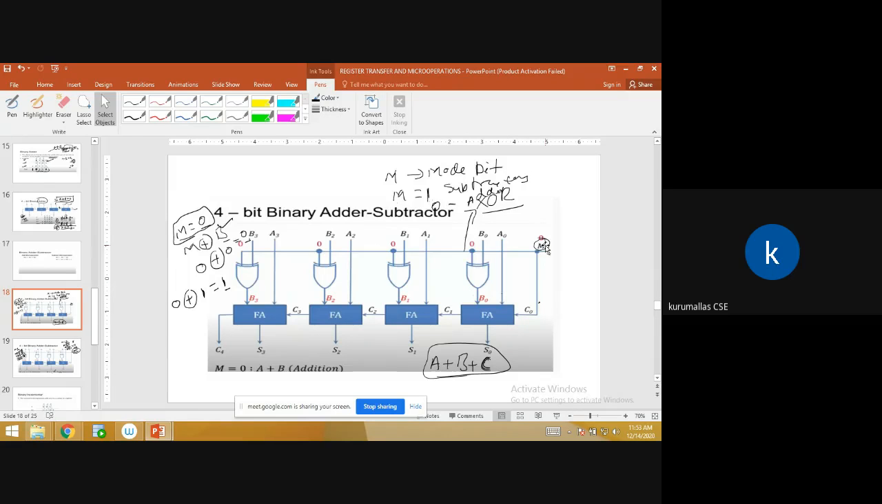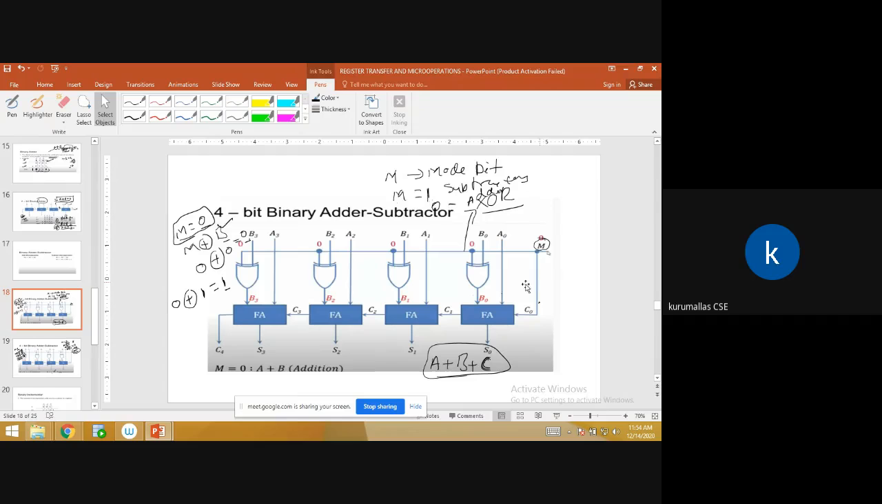So if m equals 0, there is no change in b. So b value 0 gives 0, and 1 gives 1. If m equals 0, 0 gives 0 and 1 gives 1. The b value is 0 or 1, and the output is also 0 or 1. So there is no change in the b value, so that it is a plus b. Whereas in the case of